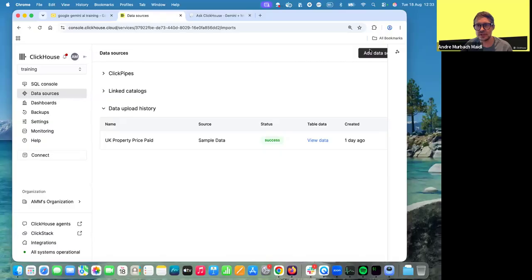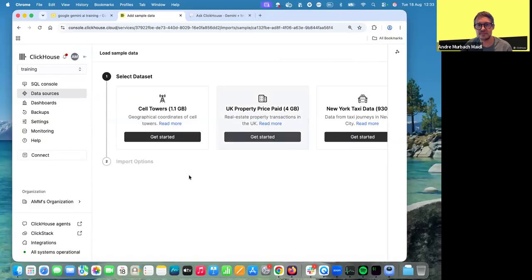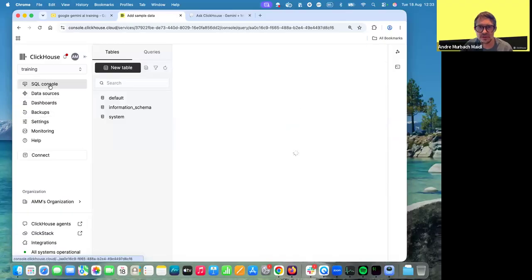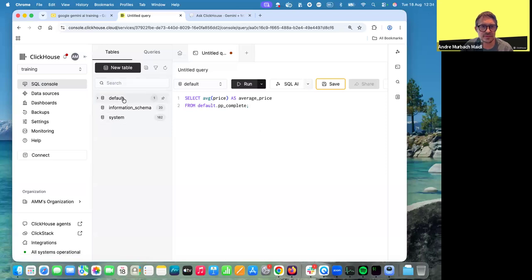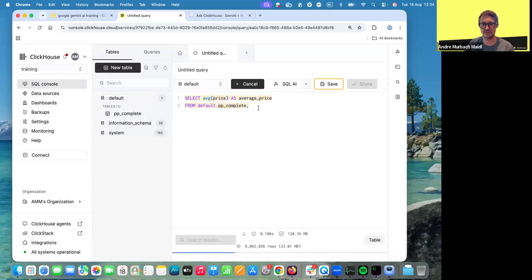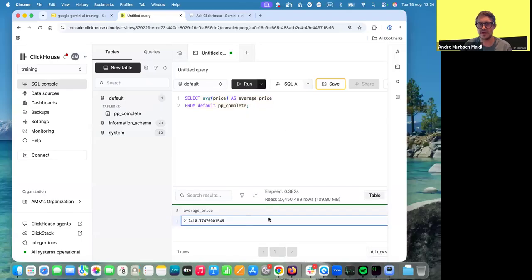Like I mentioned, here is the data sources. If you click here, you will see there is an add sample data. Since I already loaded this, maybe I have to reload here. Let me see. Default. Something going on here. Okay. So you see, this query ran very fast. Look how fast ClickHouse is. I processed this many rows to run this query, and it took around 3 milliseconds, very, very fast to process and give me the average price.